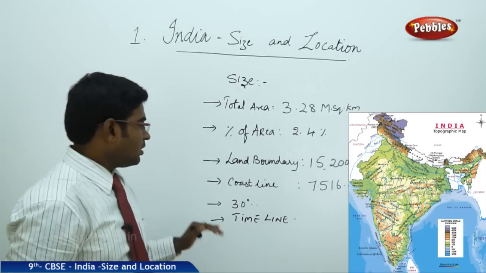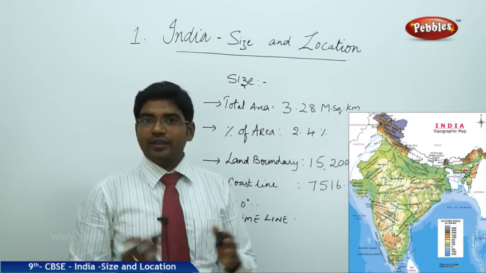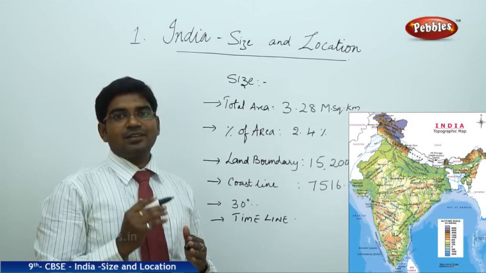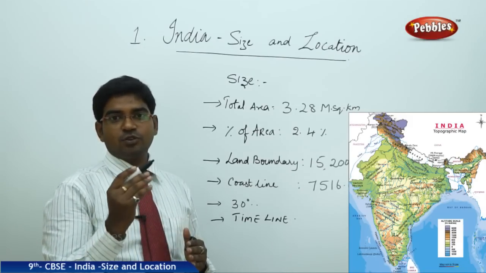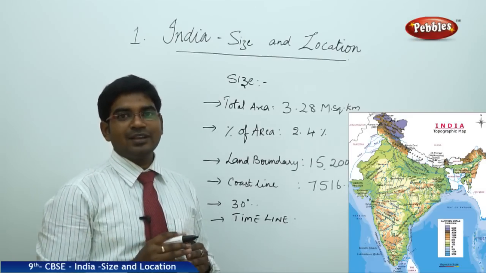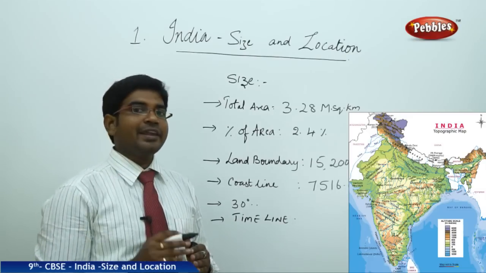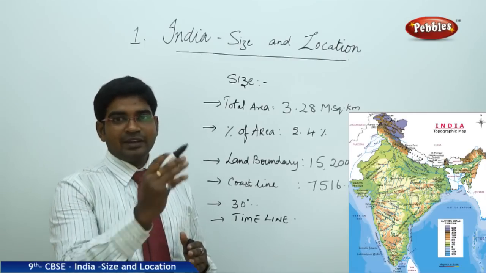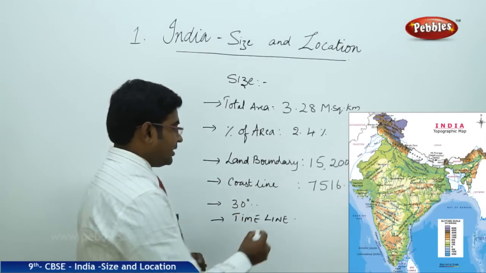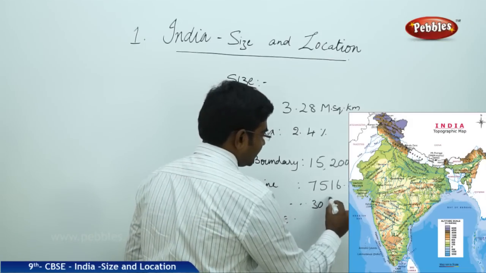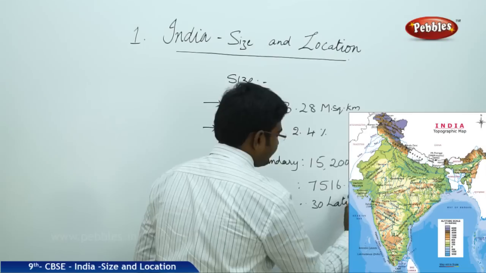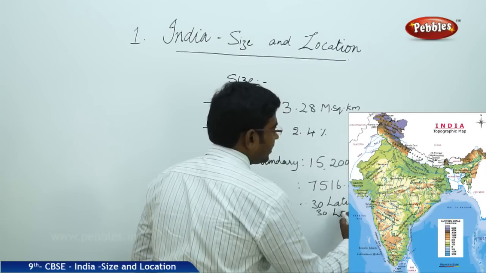Now, when we observed the location of India, we clearly mentioned that India's latitudinal extent is from 8 degrees to 37 degrees, while the longitudinal extent is from 68 degrees to 97 degrees. So it clearly reveals that we have nearly 30 latitudes and 30 longitudes